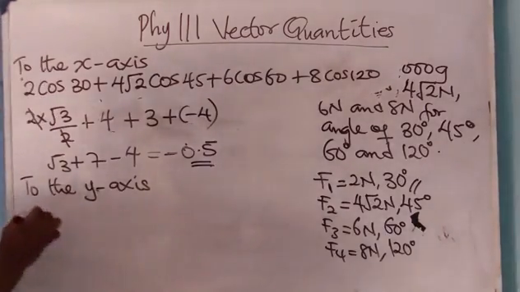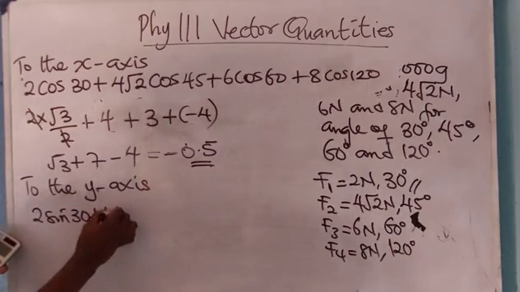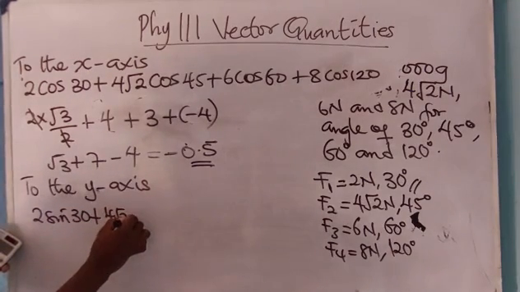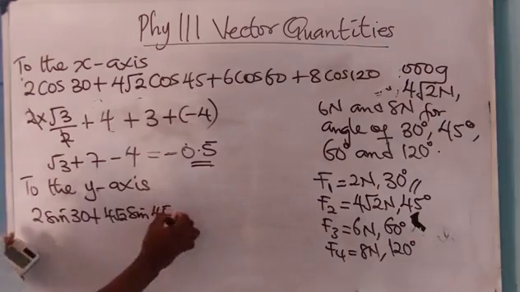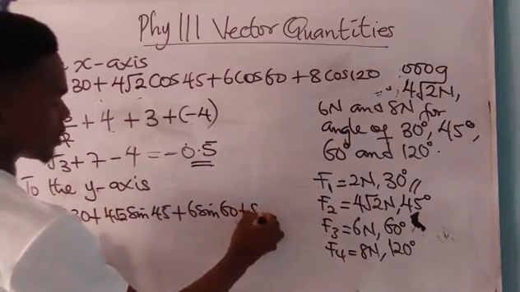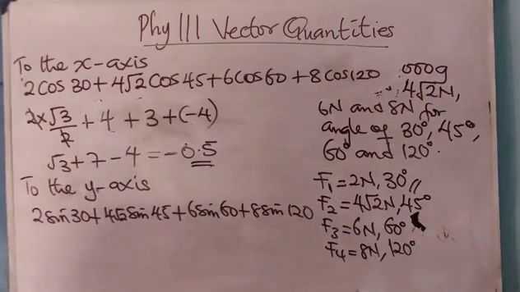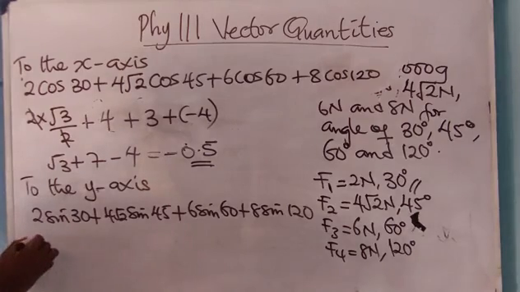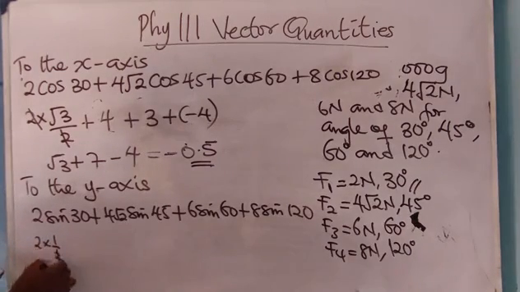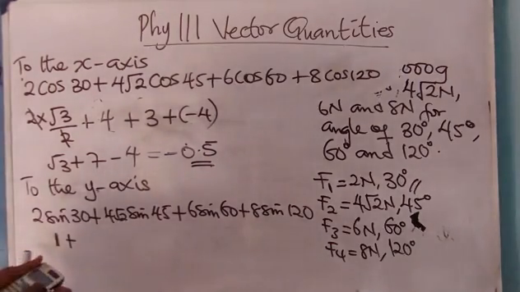the same thing is applied. It becomes 2 sine 30 plus 4 root 2 sine 45 plus 6 sine 60 plus 8 sine 120. Alright, so sine 30 is what? Sine 30, 1 over 2. So 2 times 1 over 2. So I have everything here is 1 plus, then